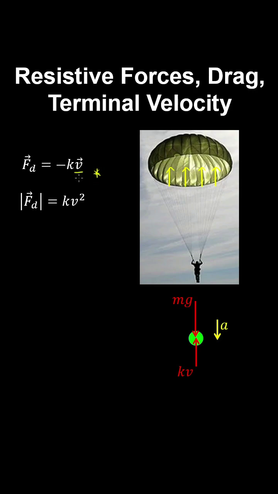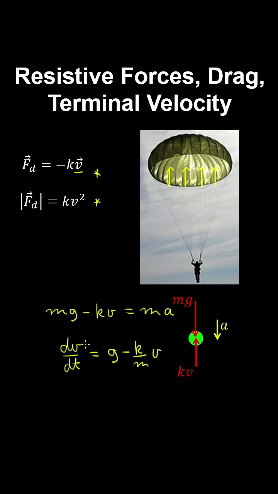For lower velocities, the drag force is proportional to the velocity, and for faster velocities, this model is more accurate, where the magnitude of the drag force is proportional to the square of the magnitude of the velocity. We use this first model when the parachute is open. Applying Newton's second law, we obtain the following expression, which is an ordinary differential equation, which we can solve by separation of variables. Now the special condition when the acceleration is 0, or when the system is in dynamic equilibrium,